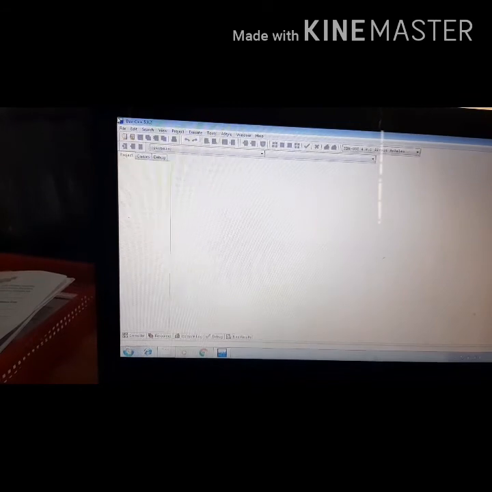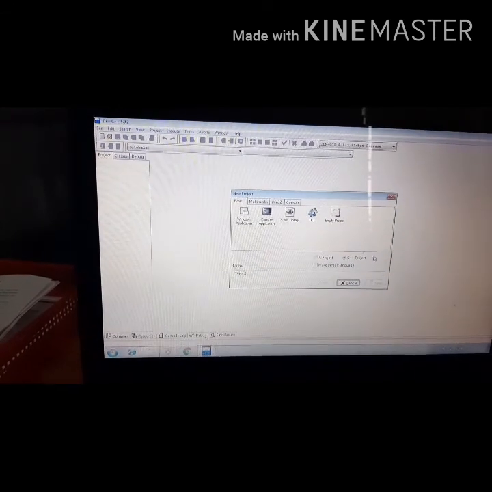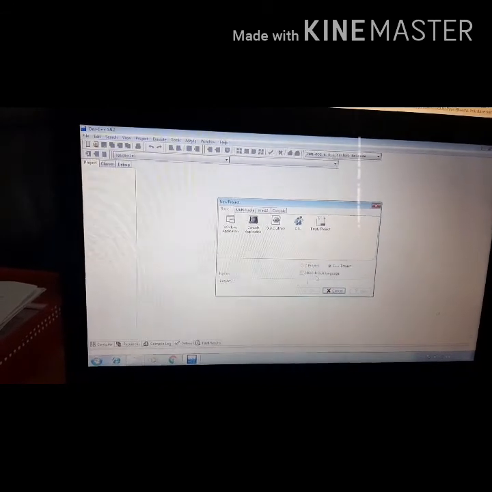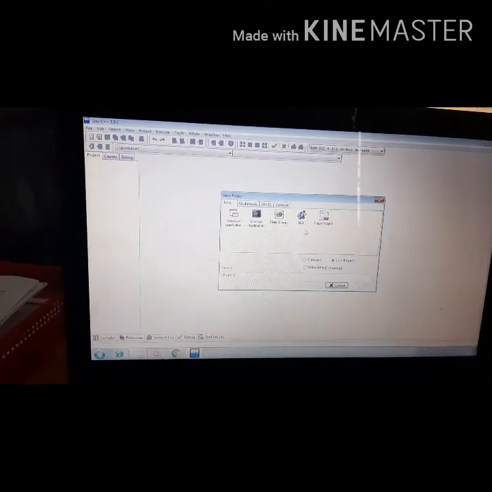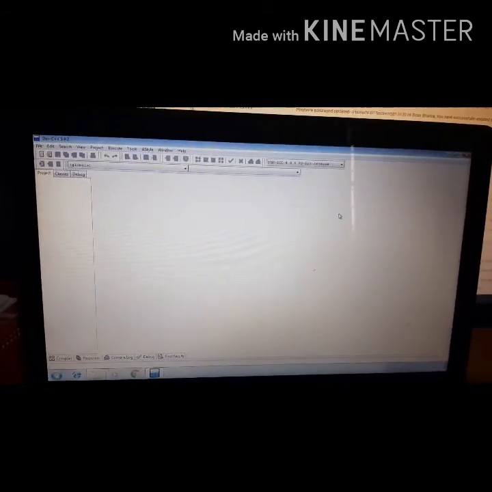So the compiler is installed. Whenever I start a program, I will go to File, New, Project, and from there I will choose the default C++ project, click OK, and start doing my programs. Okay, so the basic installation is done.